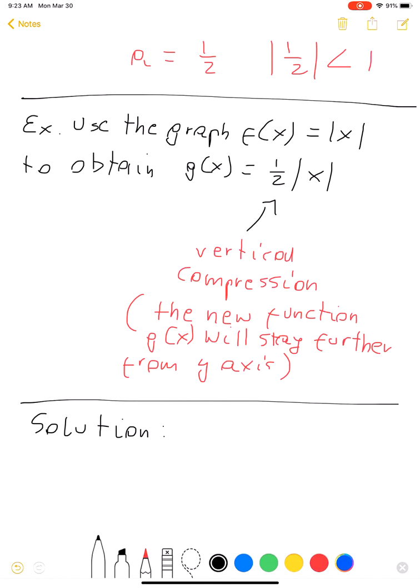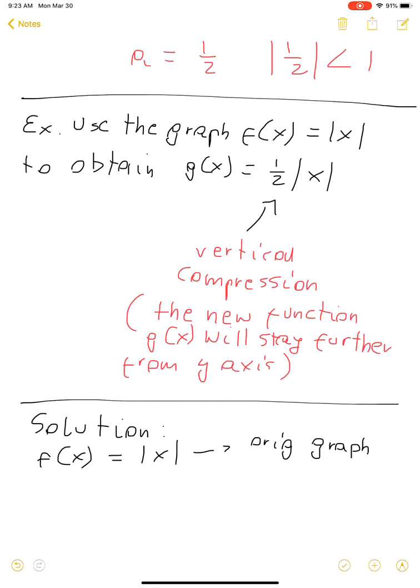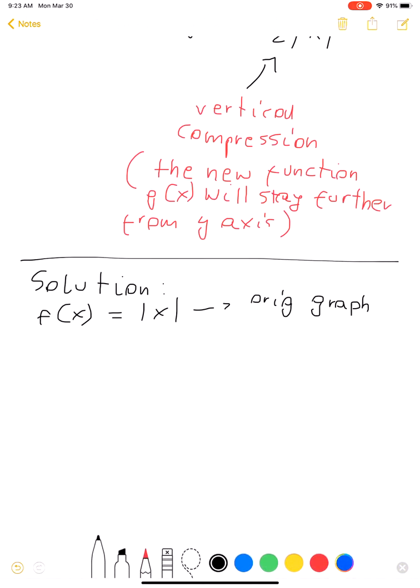Okay, so the original graph f of x equal absolute value of x. We graphed that already. This is the original. So let's use 3 major points to graph the absolute value function. We'll graph that in a couple examples. So you have a point 0, 0, you have a point 1, 1, 2, 2. Okay. Now let's graph g of x,